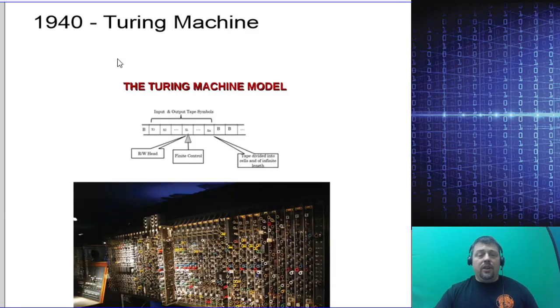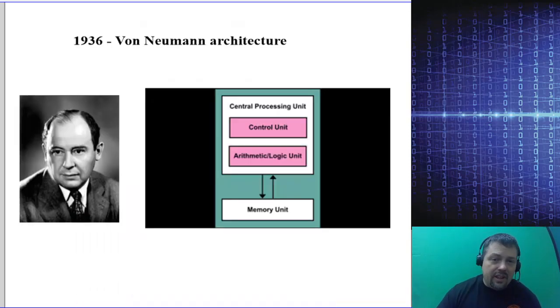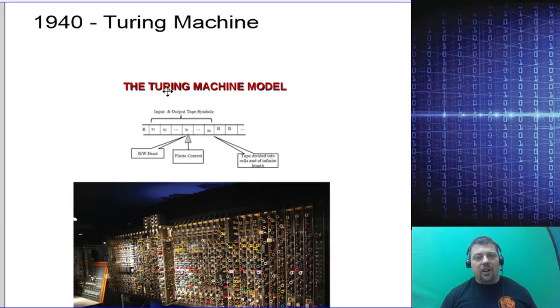Okay, so in 1940, now Alan Turing, the guy the Turing machine is named after, is probably the father of computer science. He wrote some papers that are considered to be the beginning of real computer science. And von Neumann is sort of considered the great uncle of computer science, if you will, like the rich uncle that supported the whole structure.